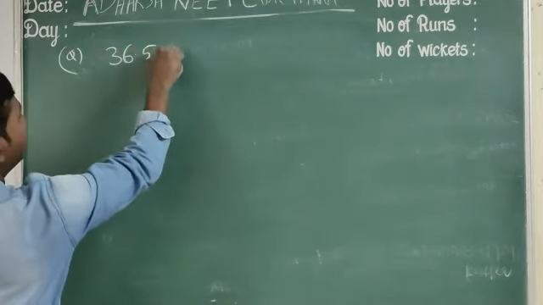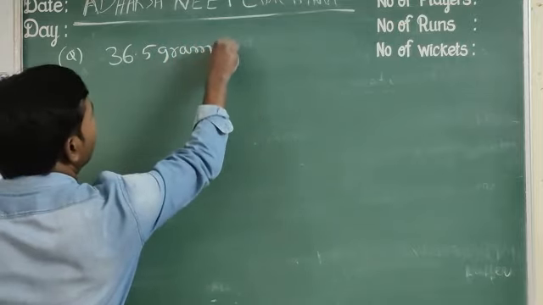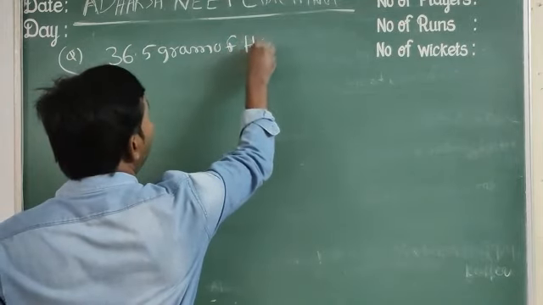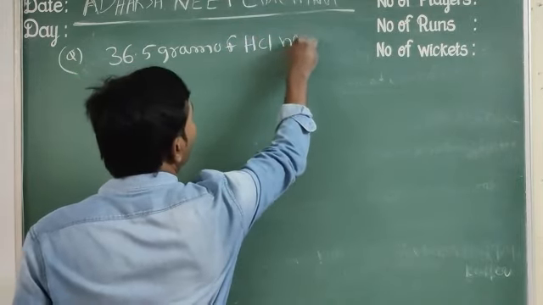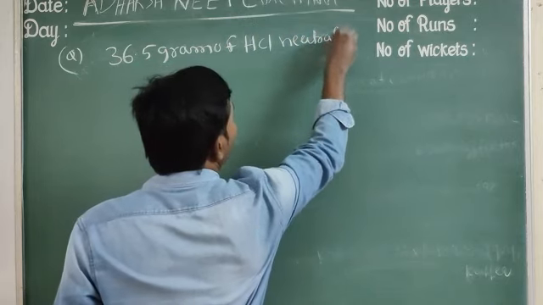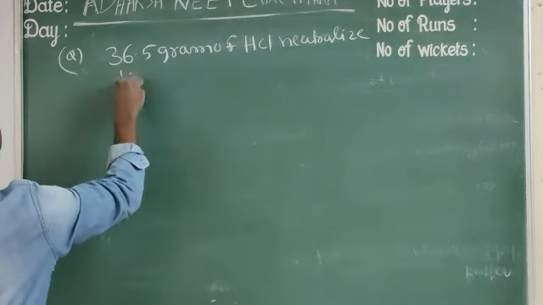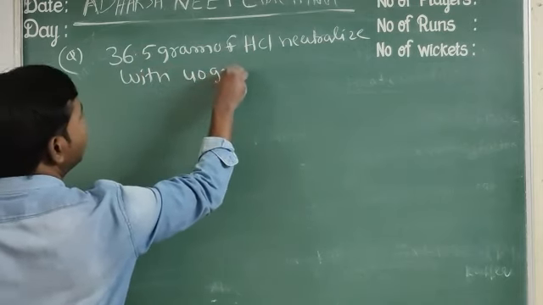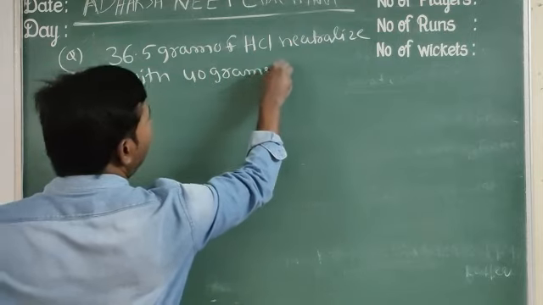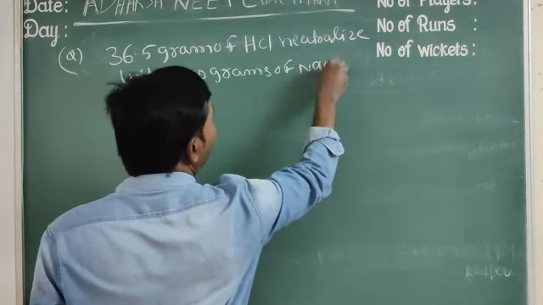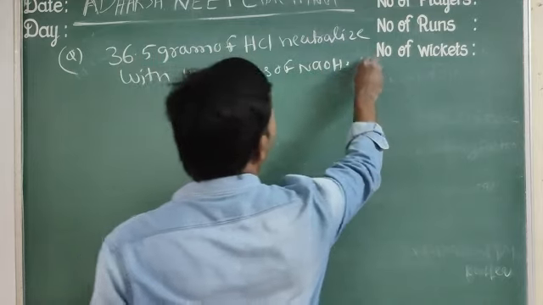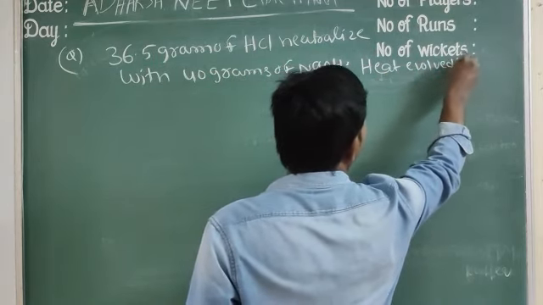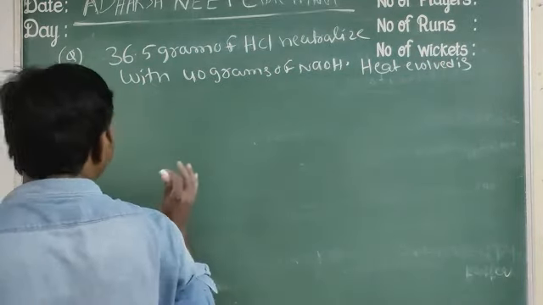36.5 grams of HCl neutralized with 40 grams of NaOH. Heat evolved is